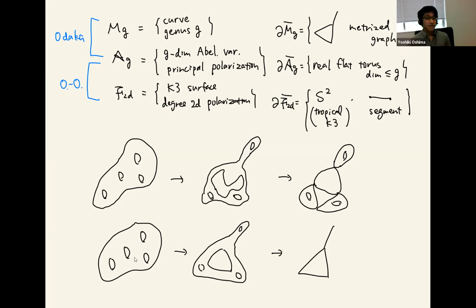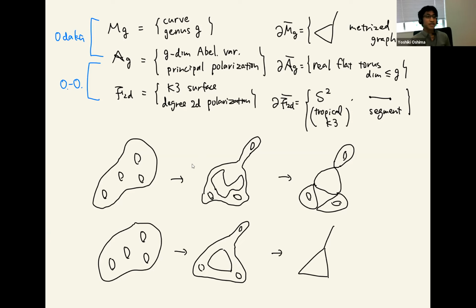But if you consider the limit as metric spaces with diameter 1, then it becomes in this way a metrized graph. This is the dual graph of this one. So each component of this curve as a metric space shrinks to a vertex, and then this node becomes very long and forms the metrized graph.